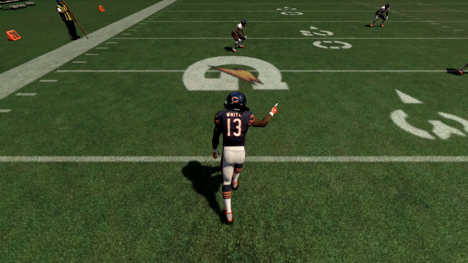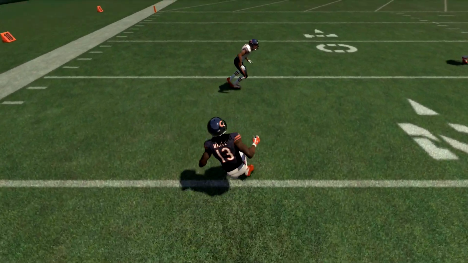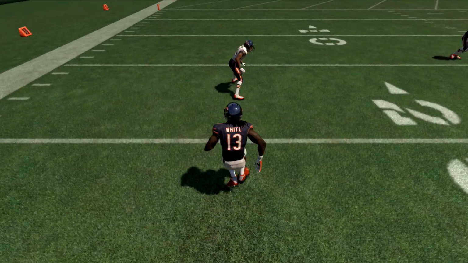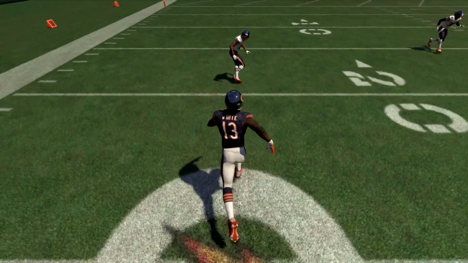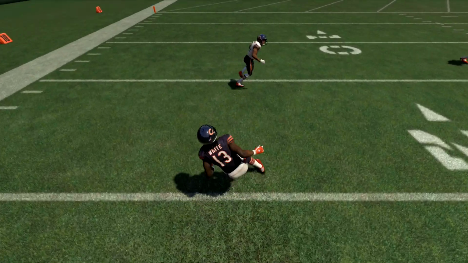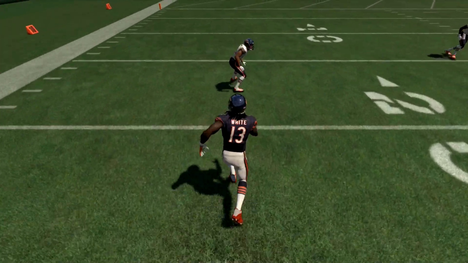So 95 route running. Let's take a look at the animation. Take a look at all the steps that he took as soon as he stopped. 1, 2, 3, 4, 5, right? So he cuts, 1, 2, 2, like a little stutter, and then he goes to the out. Okay, so we're going to do this again. Now, let's take a look at